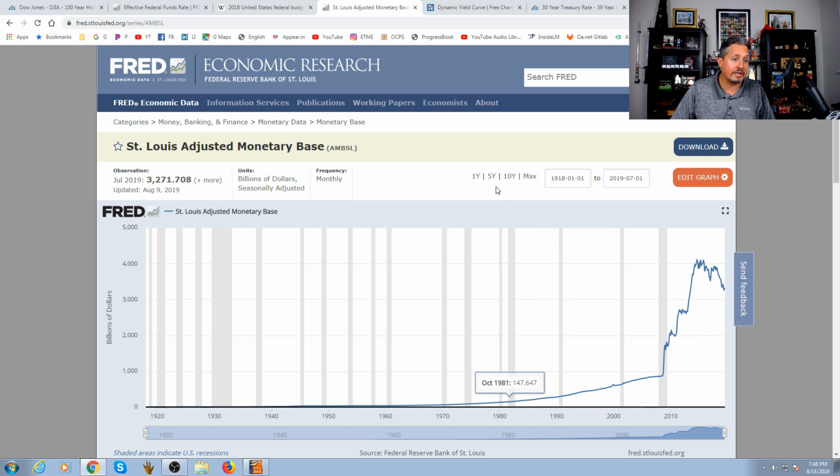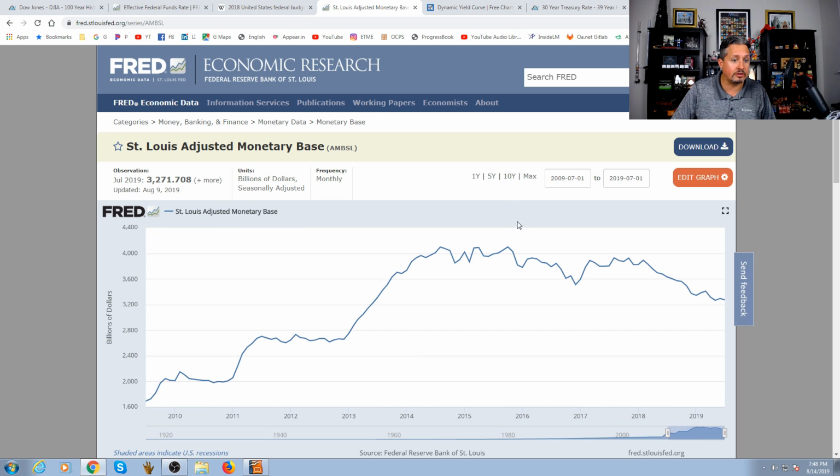Well, that's what you're looking at right here on this actual chart. And let's go to maybe 10 years. So here was the QE program. Here's QE1, QE2, QE3. Then QE3 basically ended somewhere right around here in 2014. And that's when I initially thought maybe the market was going to crash. But then they were going to do their quantitative tightening QT program, which basically means all this money we printed out of nowhere and gave it to the government, we're going to start selling those bonds back out, which is also weird because then the Fed is left with all this cash, and what do they do with that? I don't know.